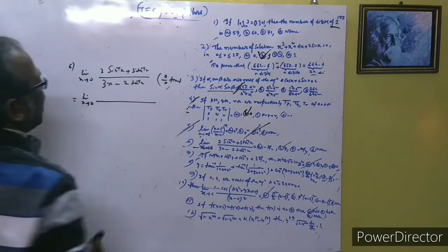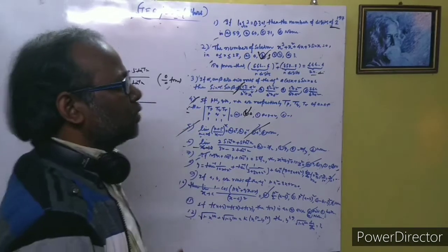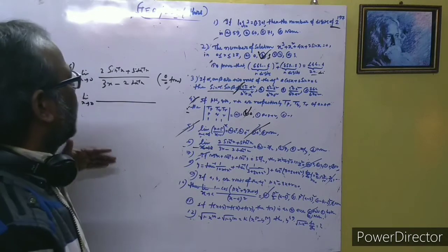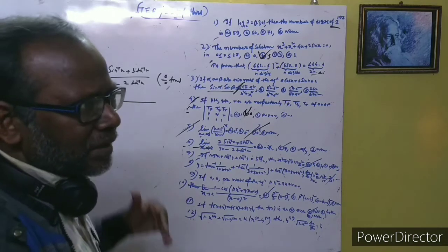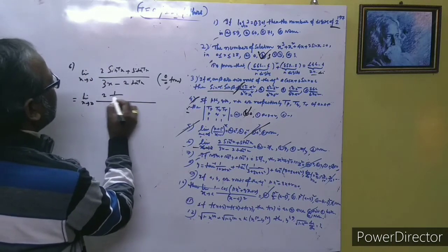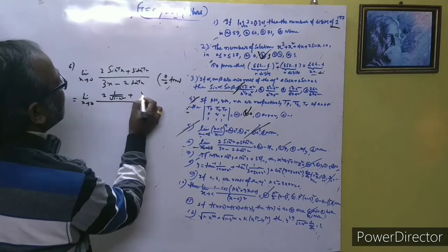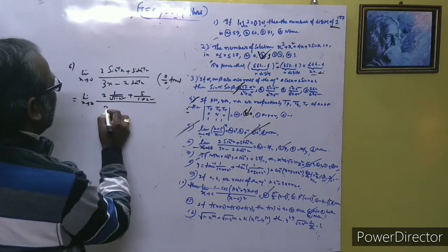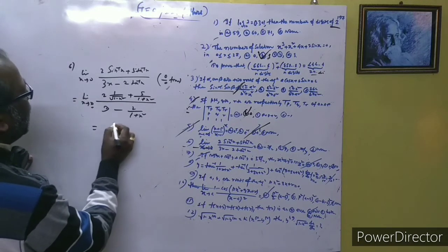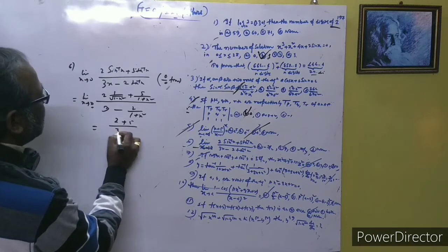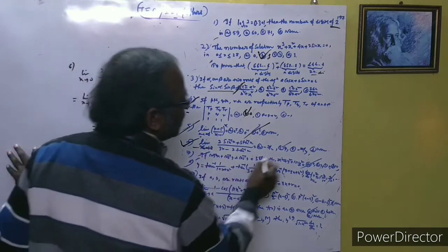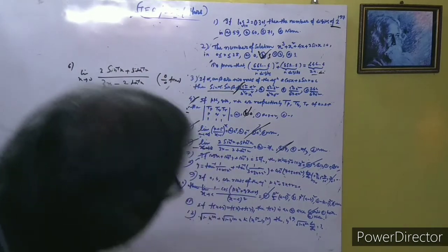So we apply the L'Hospital rule. What is the L'Hospital rule? We use the derivative on the upper part and lower part, I mean to say we differentiate the numerator and denominator separately, not u by v. The derivative of sin inverse is 1 by root over 1 minus x square, and 5 by 1 plus x square is the derivative of tan inverse x, and for the denominator, 3 minus 2 by 1 plus x square, and then put the value 0. Now see, 2 plus 5 over 3 minus 2, that is 7. So this is the easiest technique for solving question number 6, and this is 7, option B here.